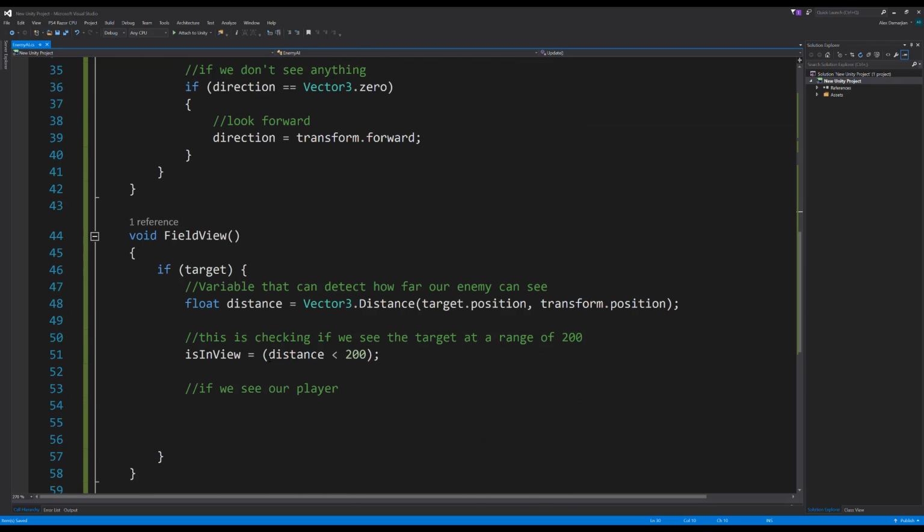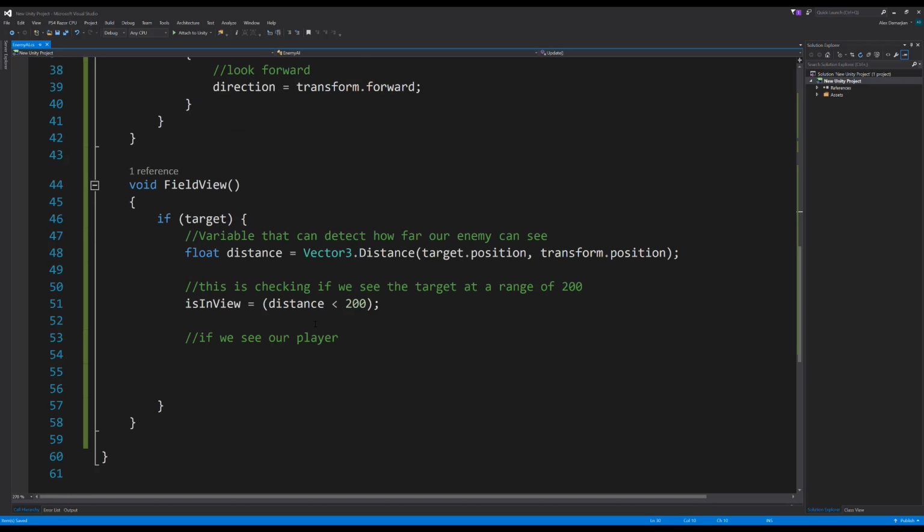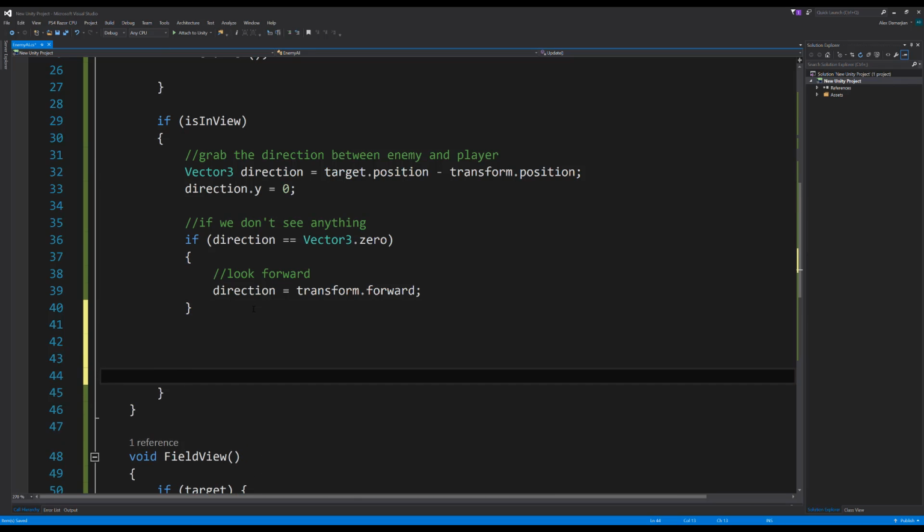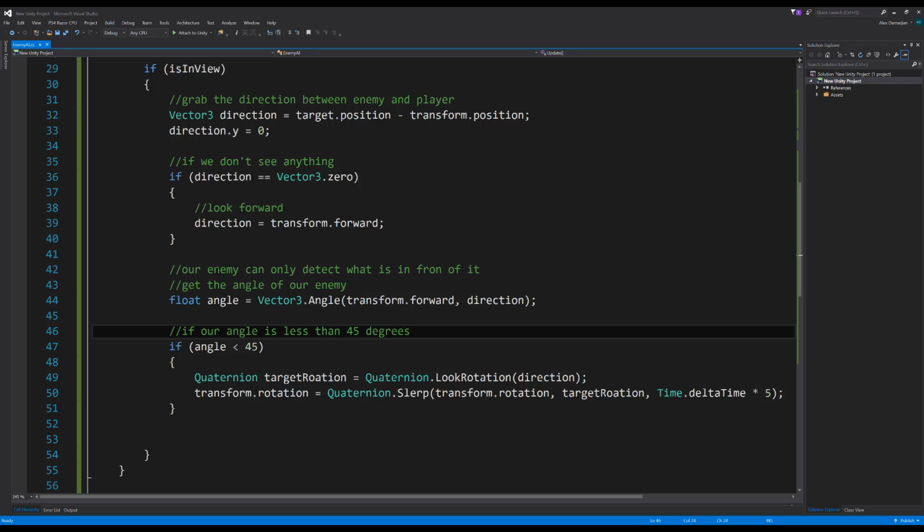All right, let's see what else is going on in our code here. We need to finish up our is in view function. Okay, so we have transform.forward if our direction is not equal to 0. We need to grab the angle. So let me pause the video because we're at 11 minutes and just code up the angle, and then I'll explain it. All right, so